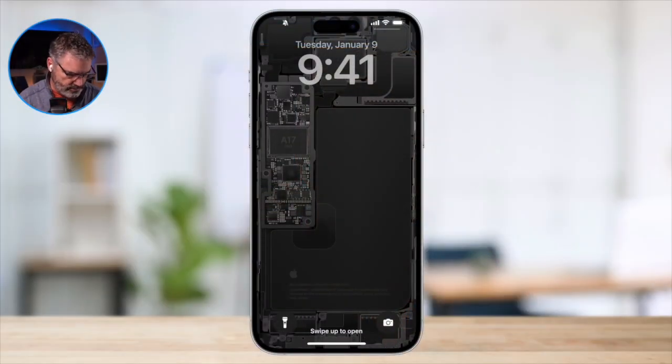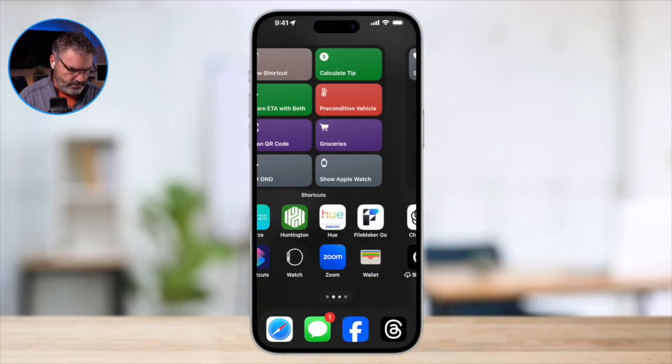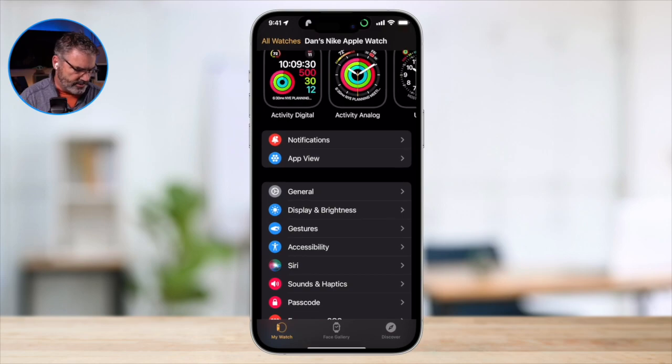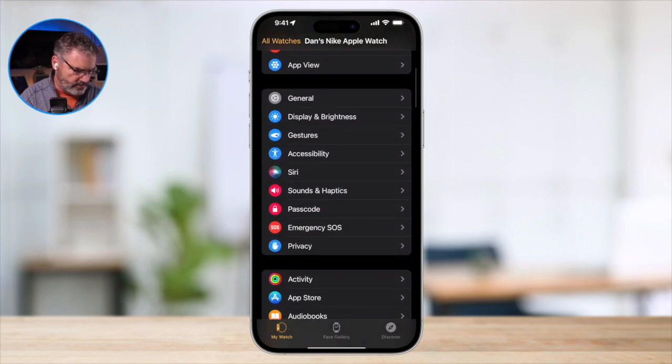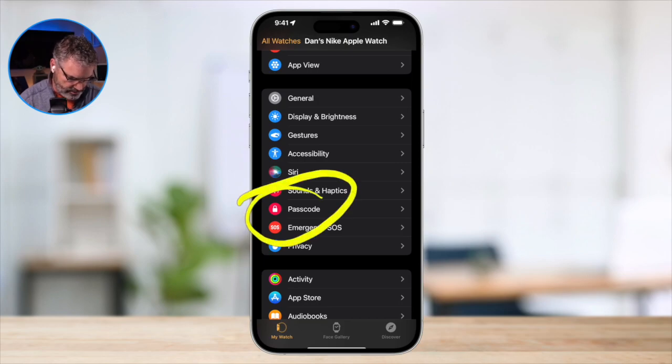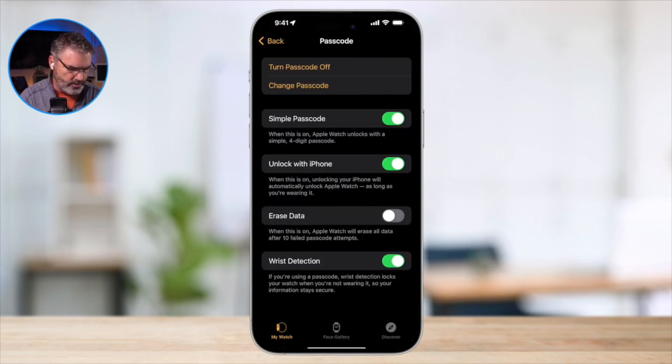Let's go into my settings here, and we'll take a look at passcode. So let's go to my phone here. And we go to watch. And so I'm just going to go to passcode here. There isn't anything like what you're talking about.